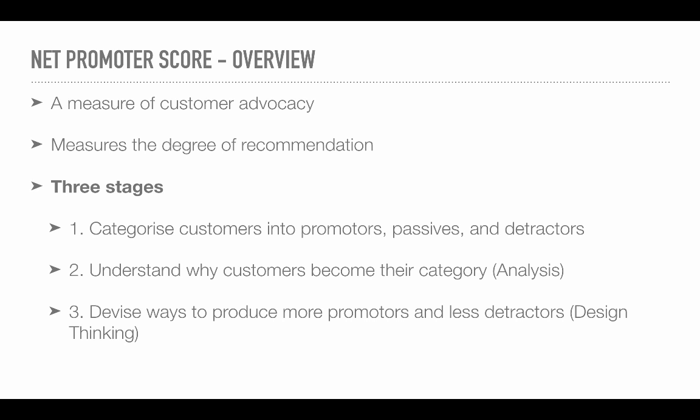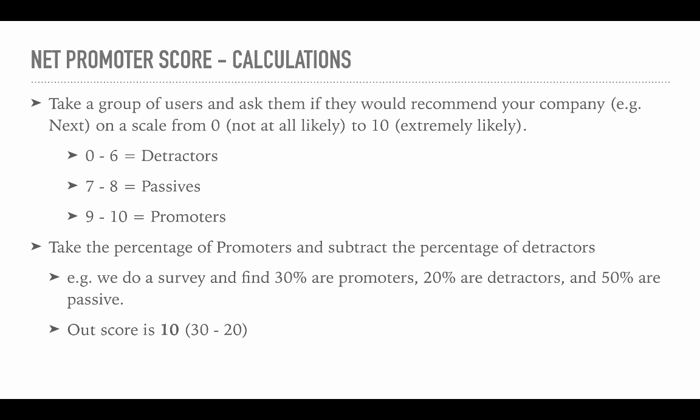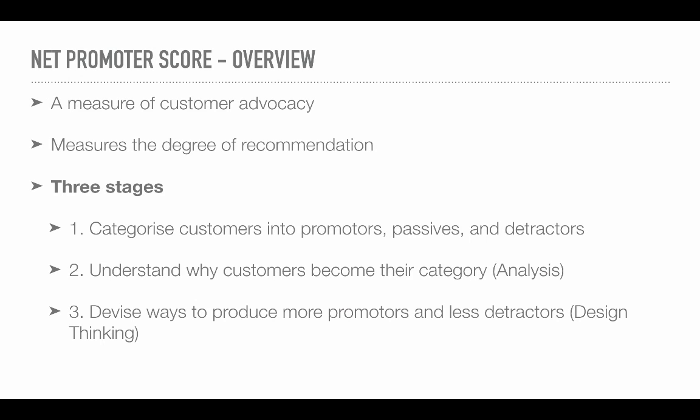So there are 3 stages of Net Promoter Score: categorizing your customers into promoters, passives, and detractors, understanding why they are doing what they're doing, and then finding ways to make the scores better. So address what the problems are. Remember when I talk about CRM at the start, it's about keeping the things which people really like about the interaction with the company, removing and making better the bits that are wrong, and innovating new ways to make the good bits even better,